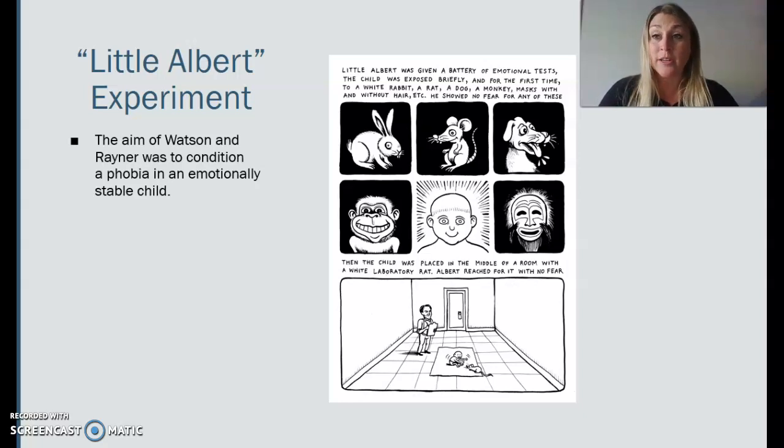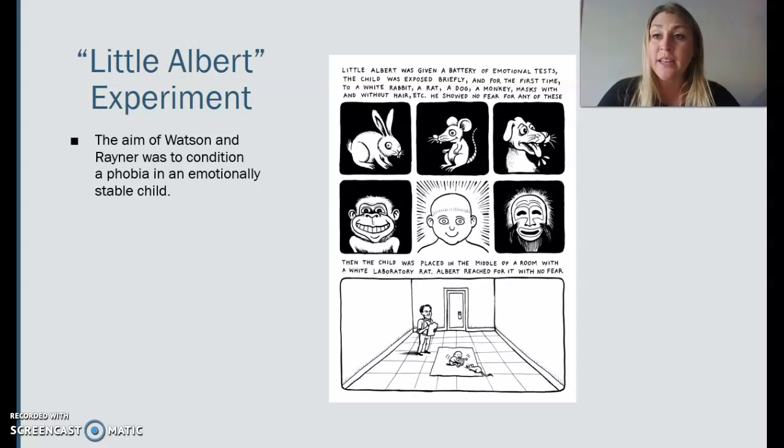And little Albert seemed to generalize his response to the white rat to other furry animals, such as the bunny, the dog, a monkey, and then even a Santa Claus mask that had furry white cotton balls on it. So he generalized this response to other furry objects,